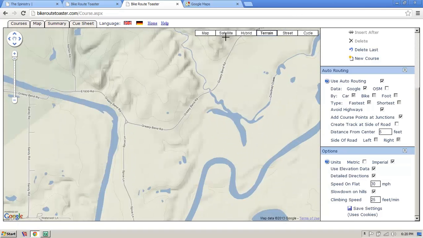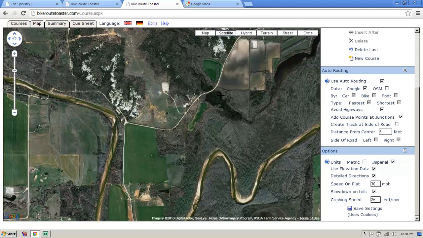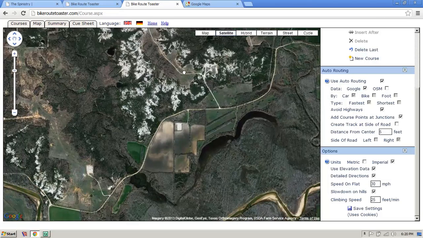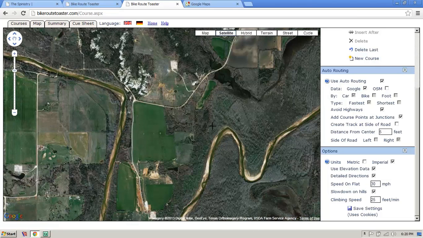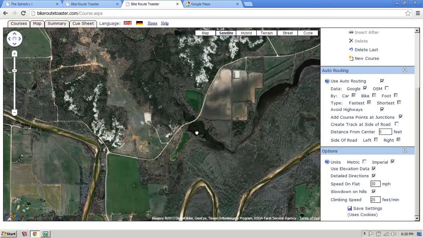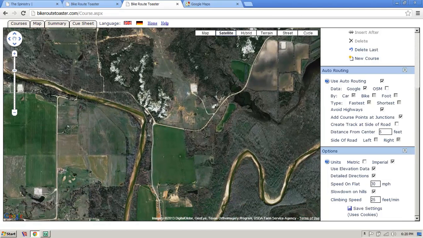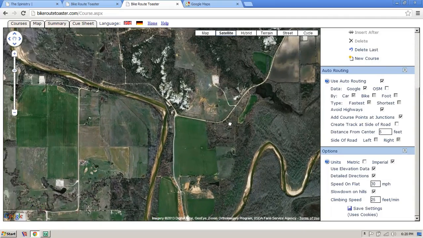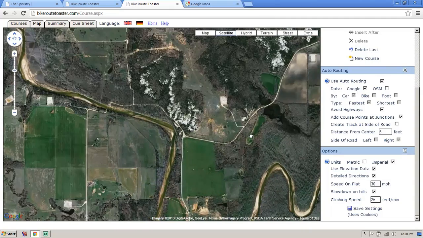You zoom in on it, satellite. That's all dirt road. You got a river here, and that was our stumbling block, because when you have a river, you got to get across the river. And this Greasy Bend Road looked really cool,